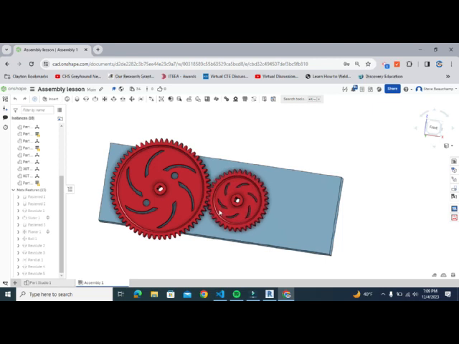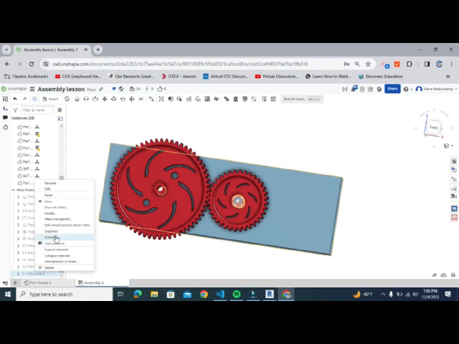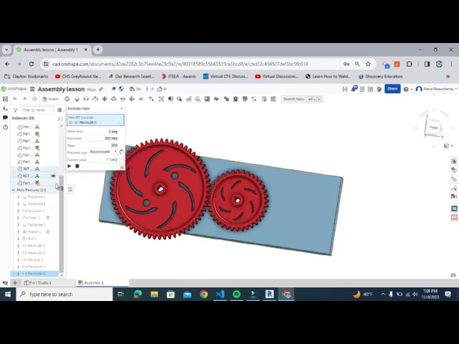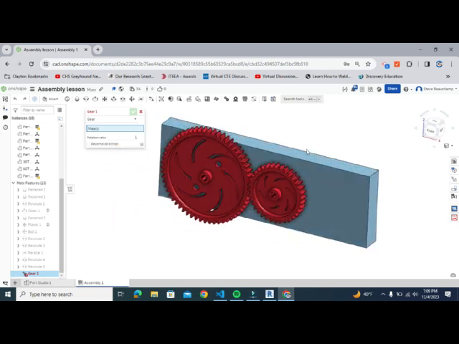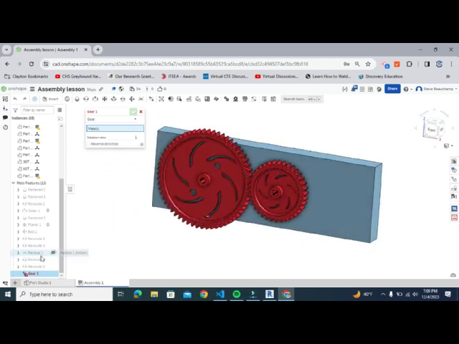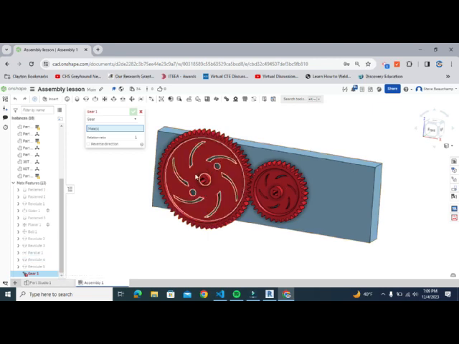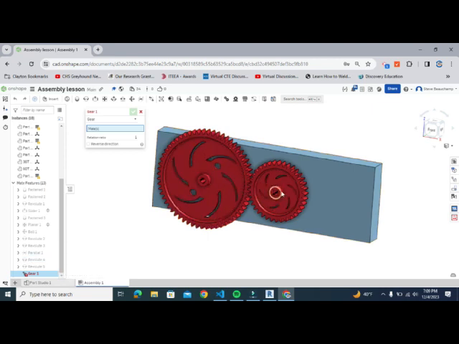And so just like before, I could go and I could say right click, animate, revolute 5, and you'll see that only one of the gears runs, but it doesn't necessarily affect the other gear. Okay, so we're going to make it so that when one gear runs, it runs the other one as well. Then we're going to do that through what we call a gear relation. So in the gear relation, your numbers may change a little bit, like your order may change, depending on which one you did first and whatnot. But if I drive this one, okay, revolute 4 is the one on the left there. Okay, if I drive this one and it's going to turn this one, then the gear ratio is going to be